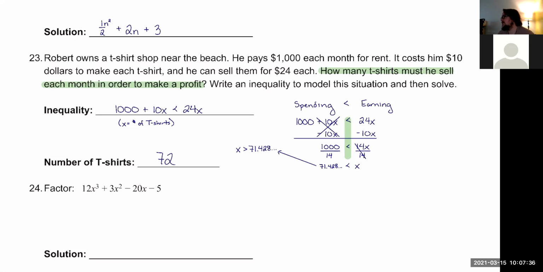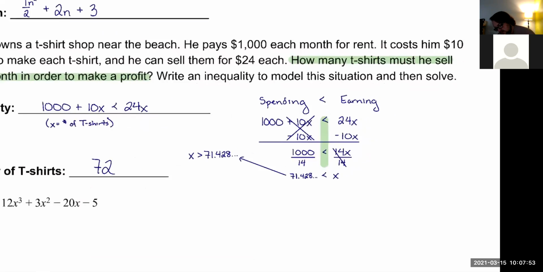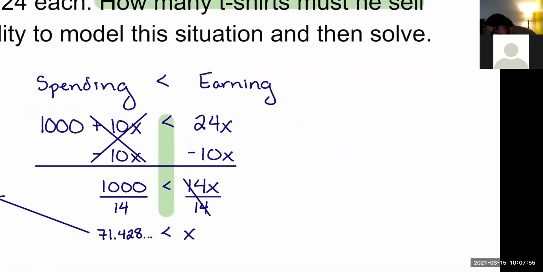Go for it. How would you find out how much profit he would make if he sold exactly 72 shirts? That's a good question, actually. How much profit would he make if he sold exactly 72 shirts? Well, if we think about it, if we come back here to his spending and his earnings,